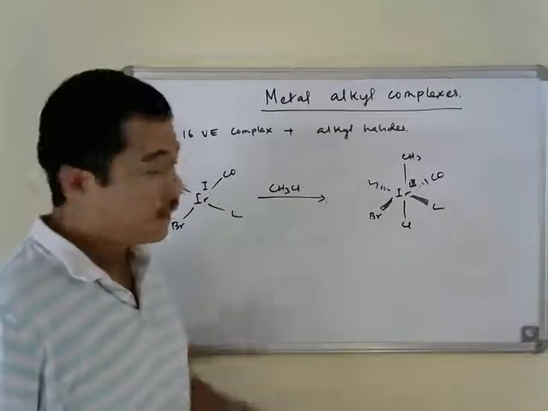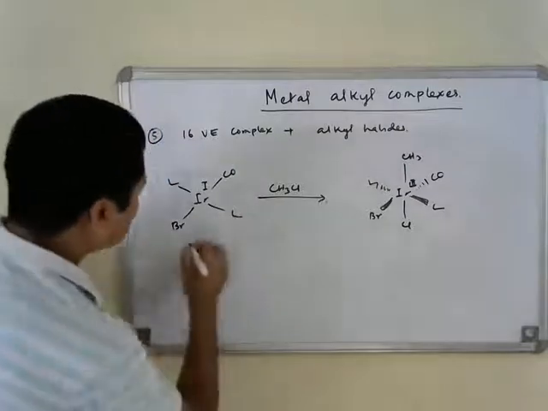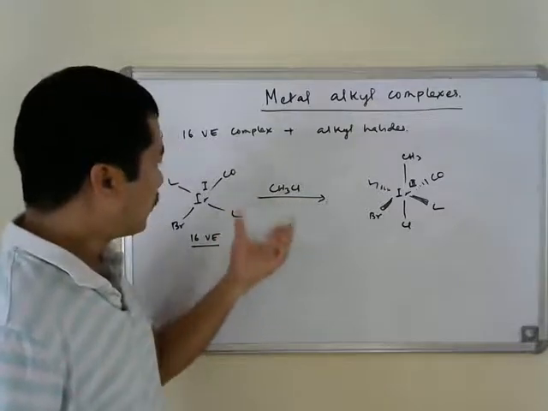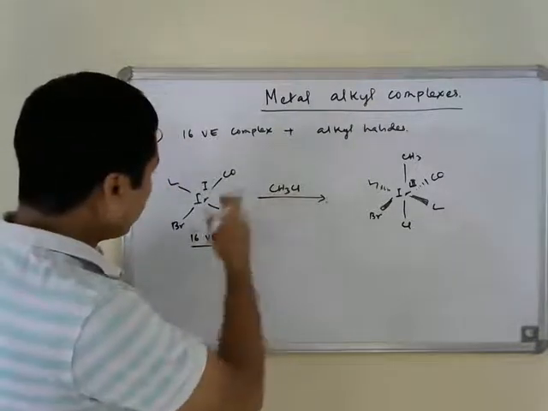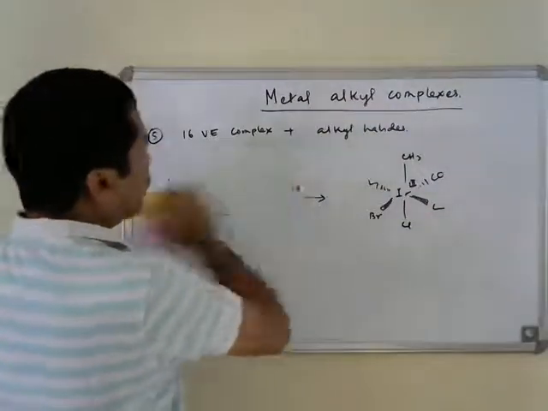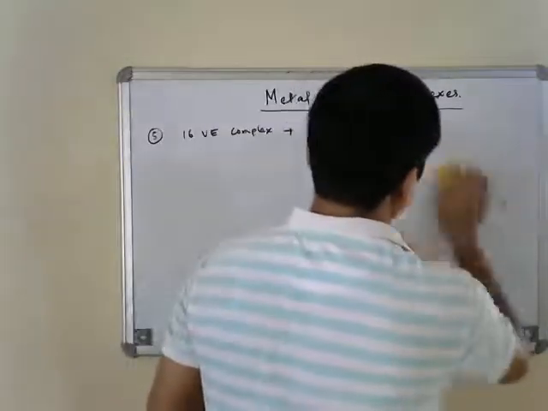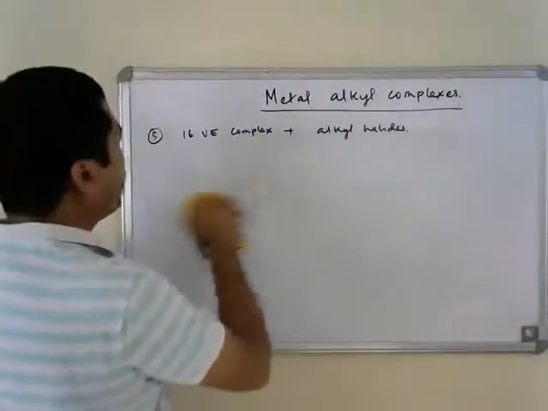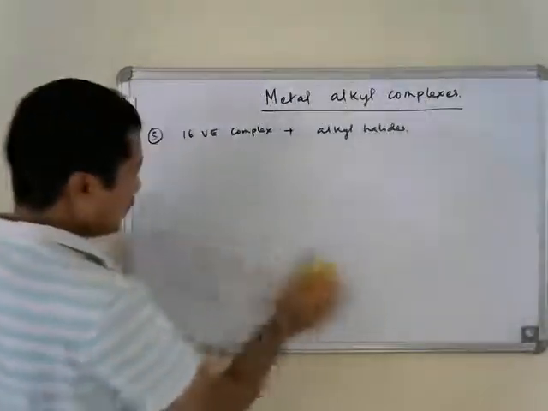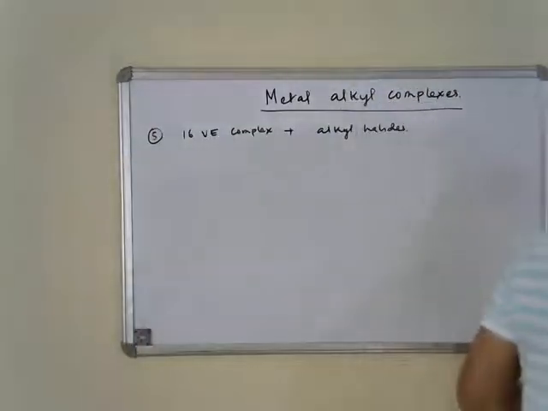So we obtain the metal alkyl again by oxidative addition of alkyl halide to a 16 valence electron species. This is a 16 valence electron species, with addition of this methyl chloride to this 16 valence electron iridium complex here. So such oxidative addition can take place even in case of 18 valence electron species, provided the metal center is strongly basic or the metal is in low oxidation state, that is